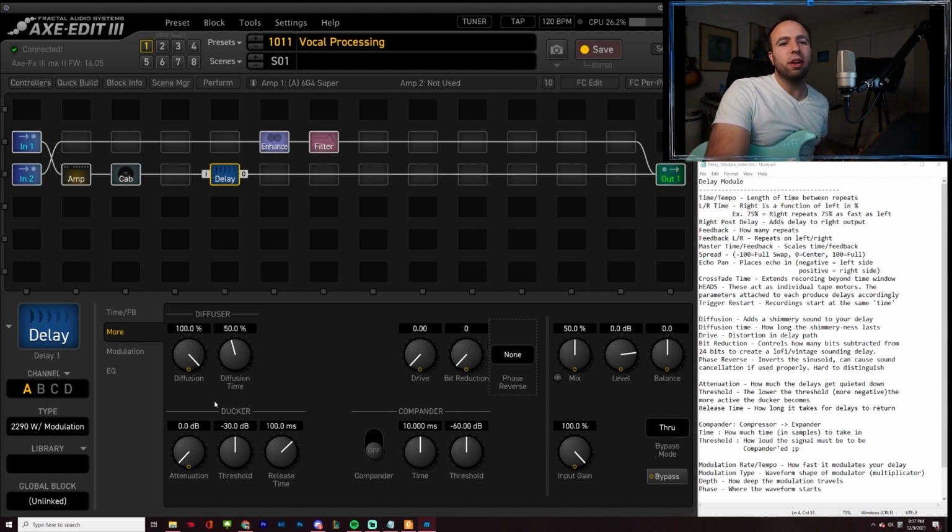So what a ducker does, and I love this thing. Your delay signal comes in, right? And sometimes it can overwash what you're playing, basically. Like listen right here. So my delays are going over the top of my signal, and sometimes it's very overpowering, right? So when you have the attenuation on the ducker set to 0, the ducker's off. But if you set the attenuation to say 20 dB,